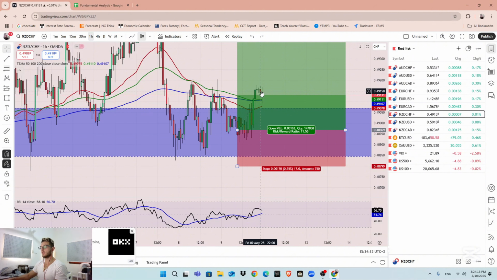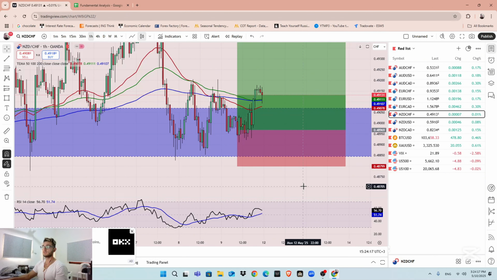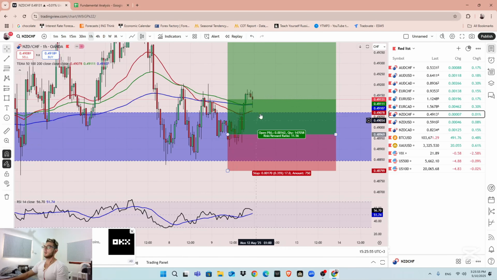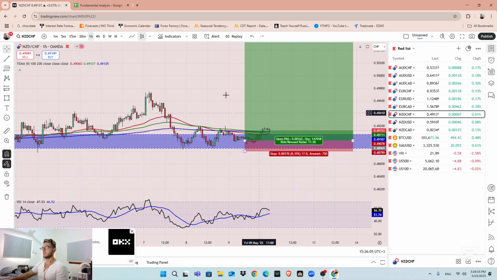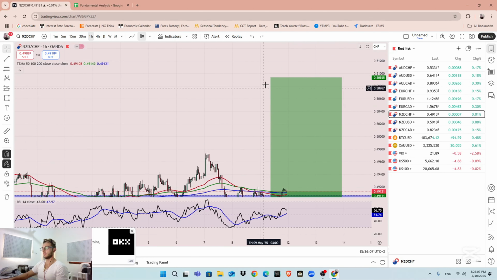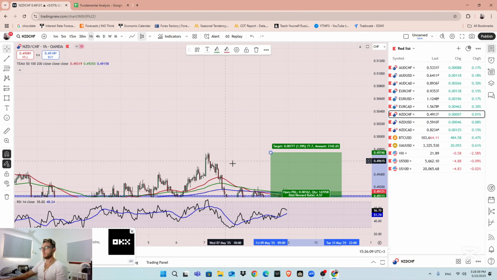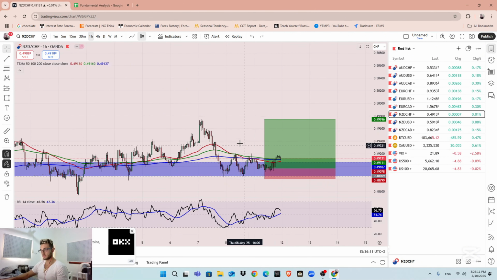And as you can see now, we are at approximately 1 to 1 risk to reward ratio. I am now in a floating profit. I will not be moving my stop loss. My stop loss is at a good place, my entry is also good, and if we re-break the highs it would be a 1 to 4.5 risk to reward ratio, which